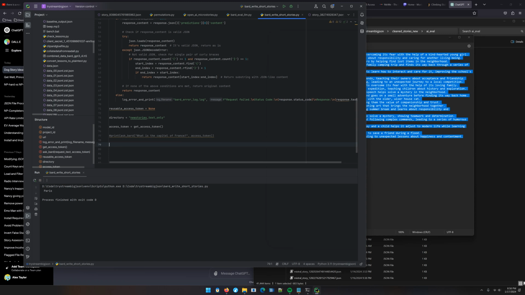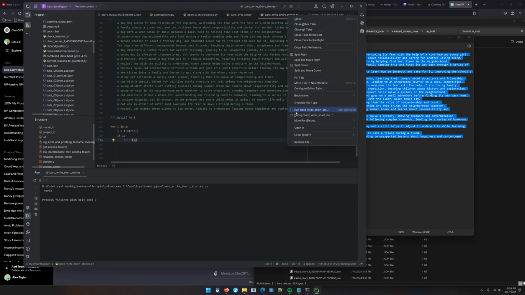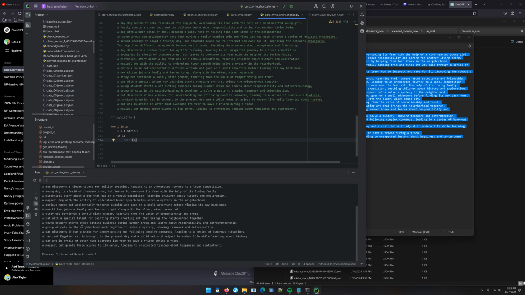All right, now what we really want it to do is we want it to write these stories, though. So let's say x equals that, dot split newline, for capital I in x, I equals I dot, not lower, strip, and then if I, then we're going to do something with it. So let's see if we have it. Run.